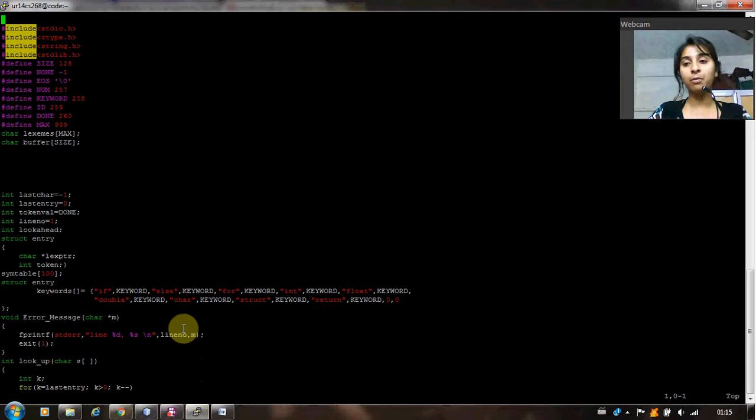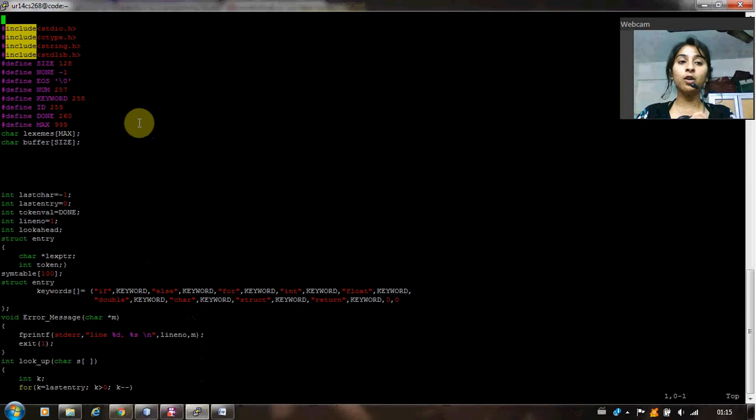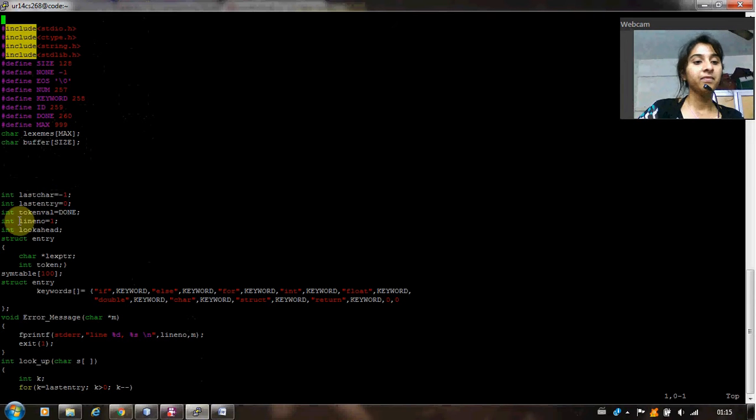So I've written a C program here. As you can see, I have included all the header files that need to be included, and I've also defined a few values which will not change throughout the program. I have a character variable called lexeme, which takes maximum as its parameter, and then there's something called buffer, which is also a character array, which contains size as its parameter. And we have many integer values such as last character as well as last entry, and many other integer variables that are being